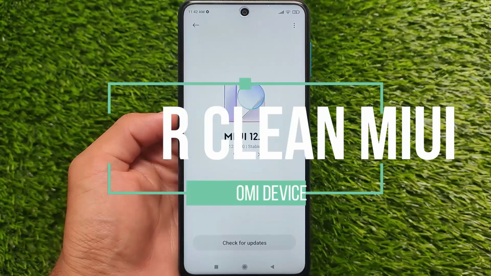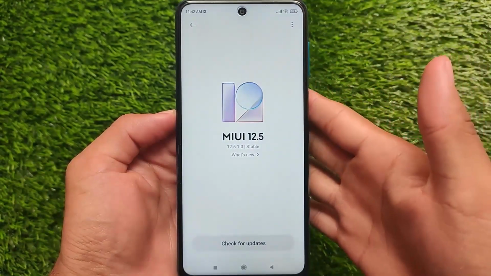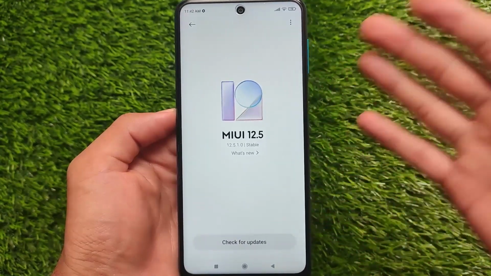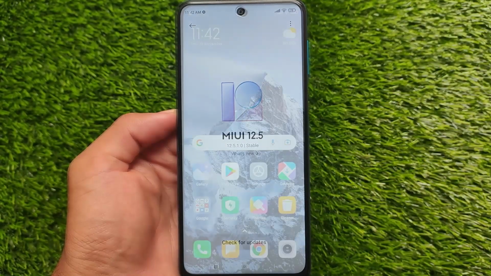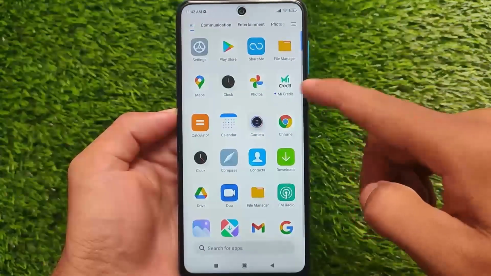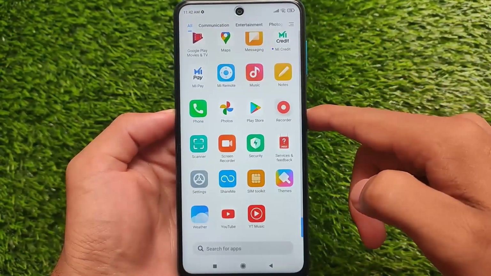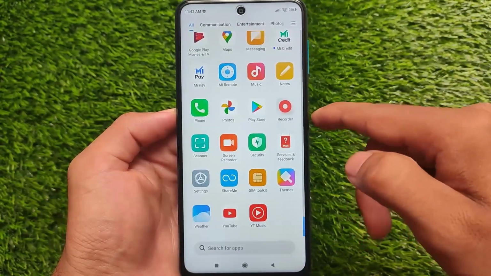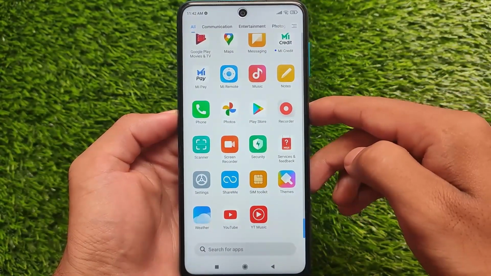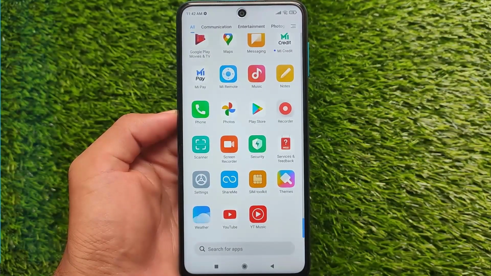You are using a MIUI device and you got a lot of bloatware. You want to uninstall it, and how you can uninstall it in just a single click. A new tool is coming around, and all the thanks, all credits go to its developer, and this is just one of the great ones. Right now I debloated my device. I'm going to show you how you can do that. For this process you need a PC, so let's find out the things which you need to do.